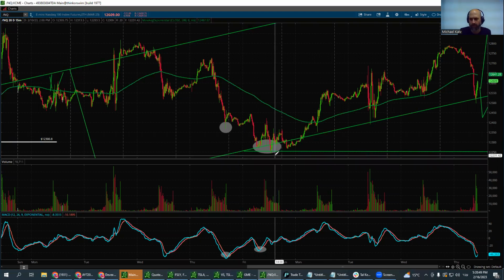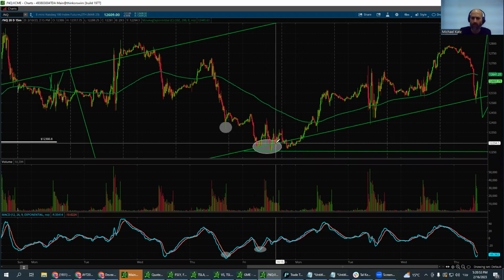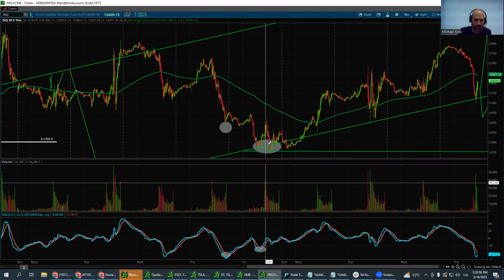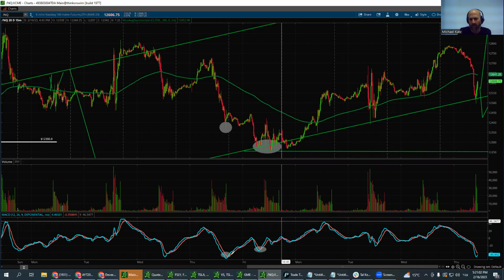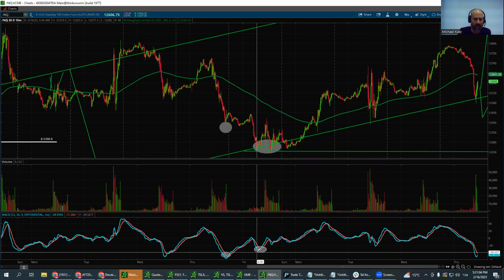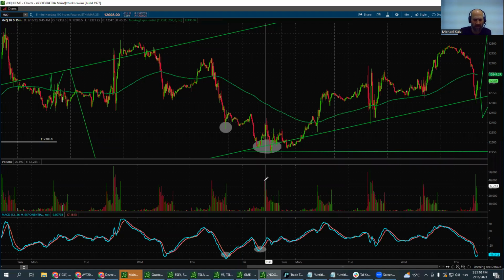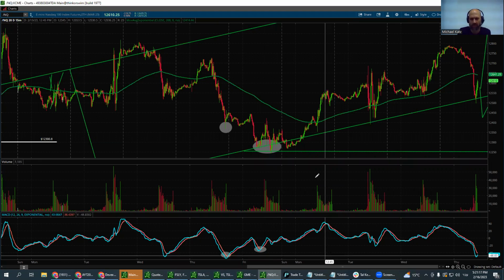So you can either trade it and take the reversal, or maybe not go into shorts because you see that we are sitting on a strong support level. The MACD is creating a positive divergence, and you also have high volume coming in at the bottom. That will usually indicate a reversal, those three elements together.